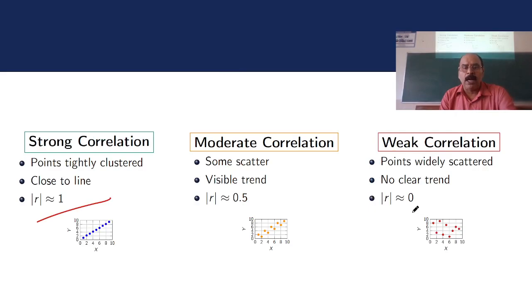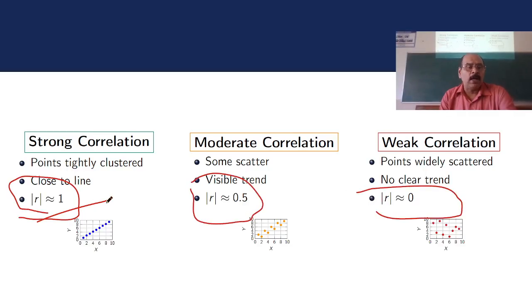So the value of R, or the Pearson coefficient, is between 0 and minus 1. If the modulus of R is 1, it shows that there is a strong correlation between the variables x and y. Okay, if R is equal to 1, even if there is a slight increase in x, y increases proportionately. Okay,